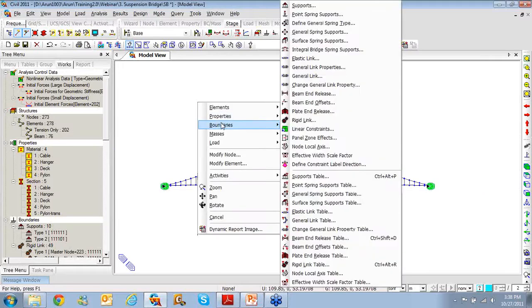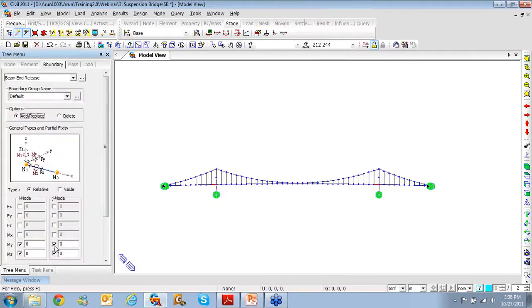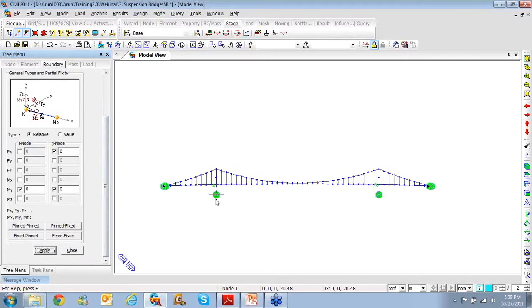I'll right click, go to boundaries, and in the boundaries I'll select beam end release, and here I want to release the moment on both ends for now. So My and Mz at I and J are released, and since it's a kind of roller support at the pylon connection, I'll also release the Fx at the jth node for these two elements, and then click apply, and then I'll repeat the same thing